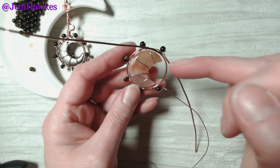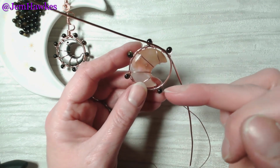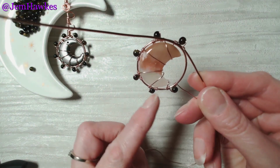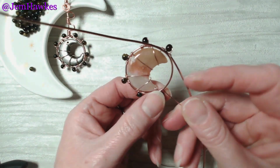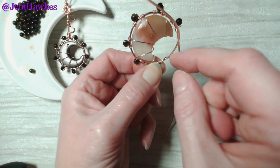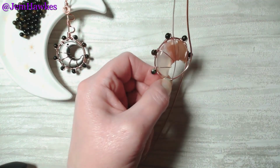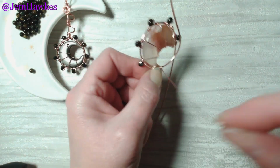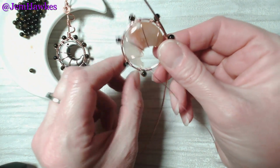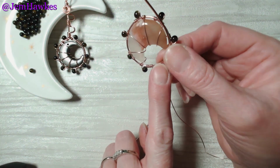So on this side, the gap between the 2 horns of the crescent moon, if I was to go for 3 wraps and a bead, 3 wraps and a bead, then it would look really odd given the spacing between these other bead positions. So what I would say is hit the camera first and then continue wrapping until you have an approximately similar distance as you have between the last two beads. So I will just keep wrapping around and then I will add a bead around here, and